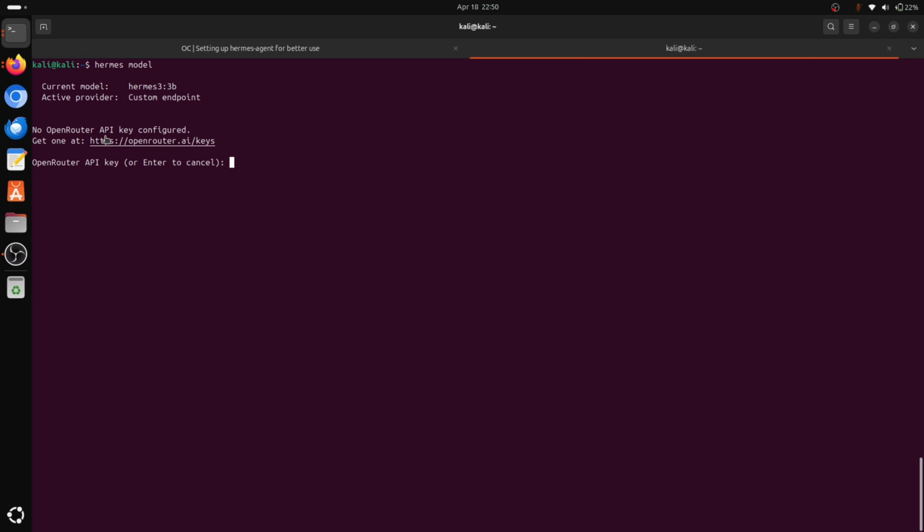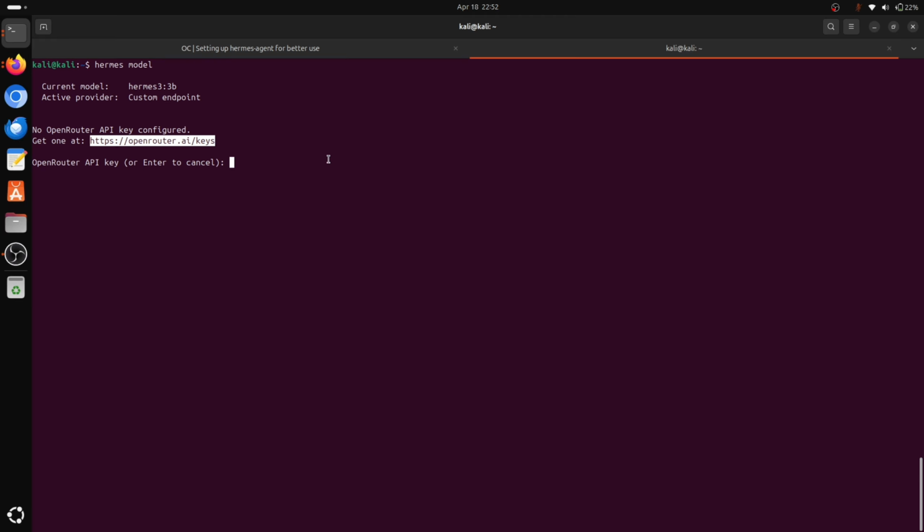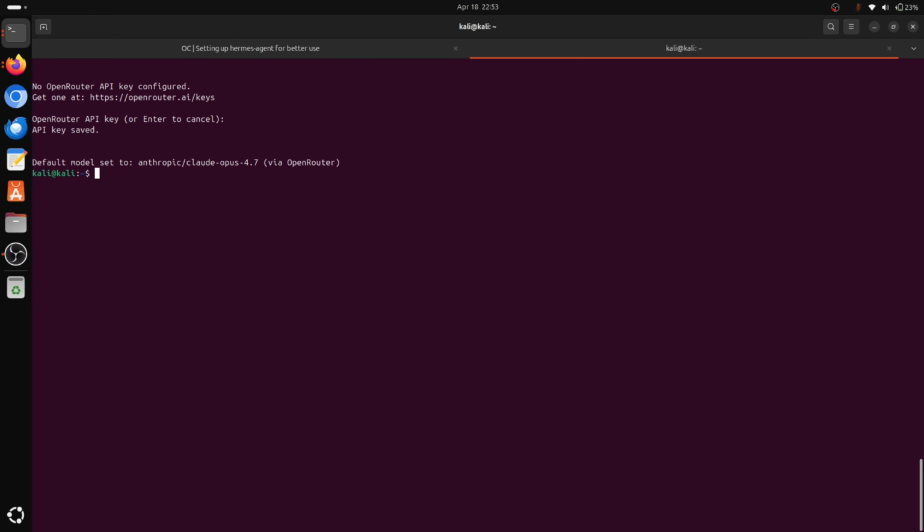Let's check another model. There are lots of models present here in Hermes. You can choose accordingly, and you can just click the Hermes model. I type there and you can just get that, okay. See, if I paste this API key here, it will list all types of models which are free